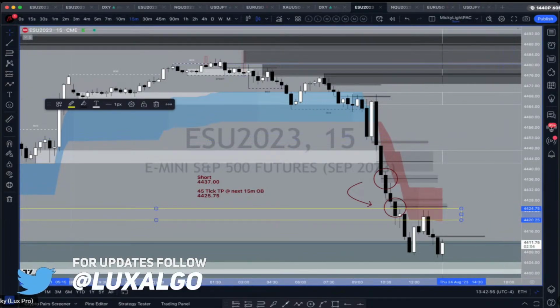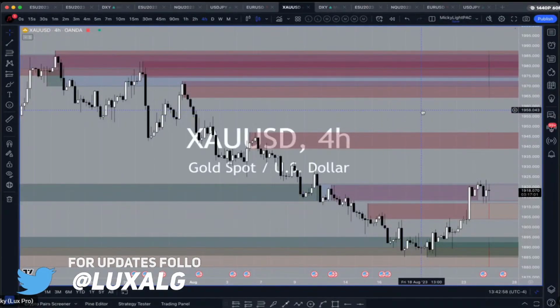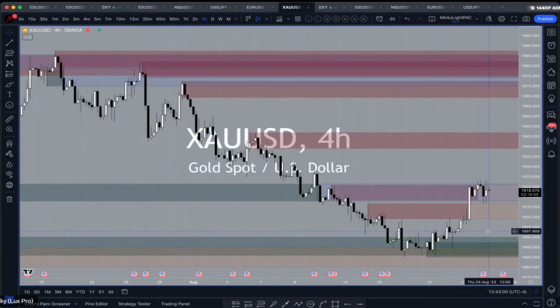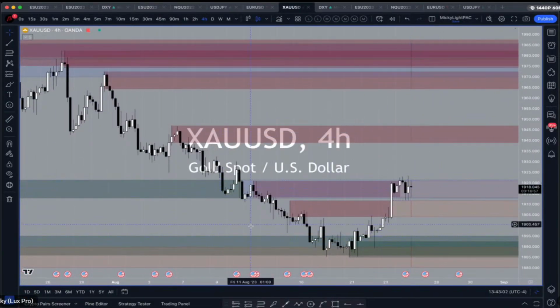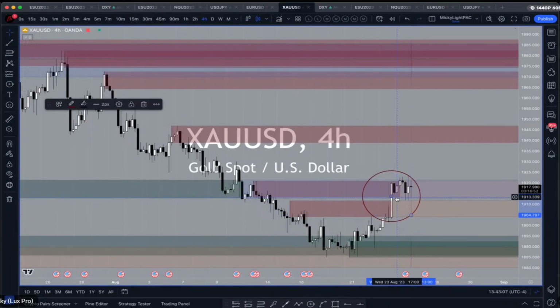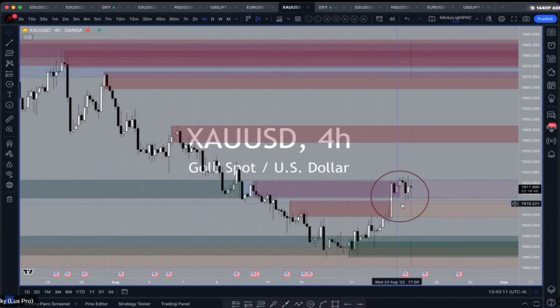Okay, here is gold. This is what I saw in gold, right? I mentioned right here, here are order blocks, right? 4 hour order blocks. It's got a nasty action here, right? I mean, you can see right there. This is why I don't trade it, right? I only trade like this. I want to see this. This is what I want to see. I want to go to the upside